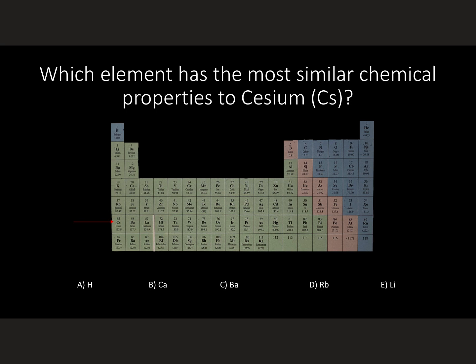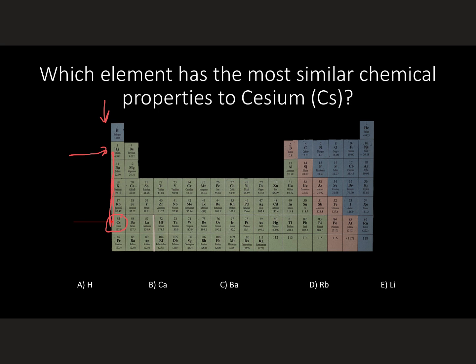Which element has the most similar chemical properties to cesium? Okay, so down here we have cesium. What is it called when it's up and down? It's a group, right? So we have groups, and then what is it called when you go across? Those are called periods, right? So we have groups going down, periods going across, and elements in the same group, so going up and down,